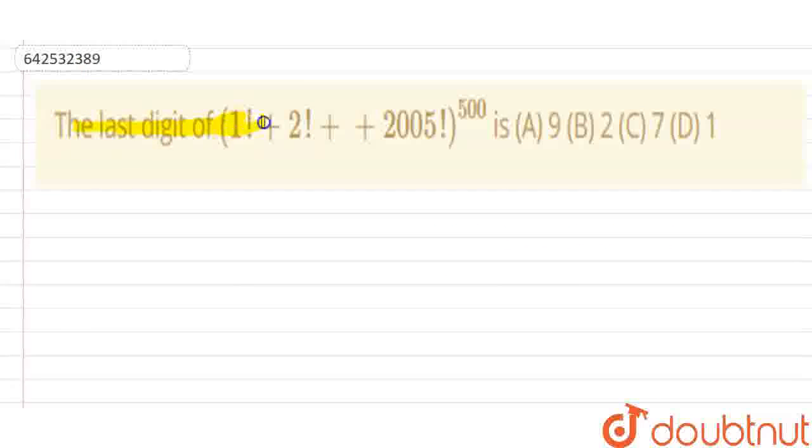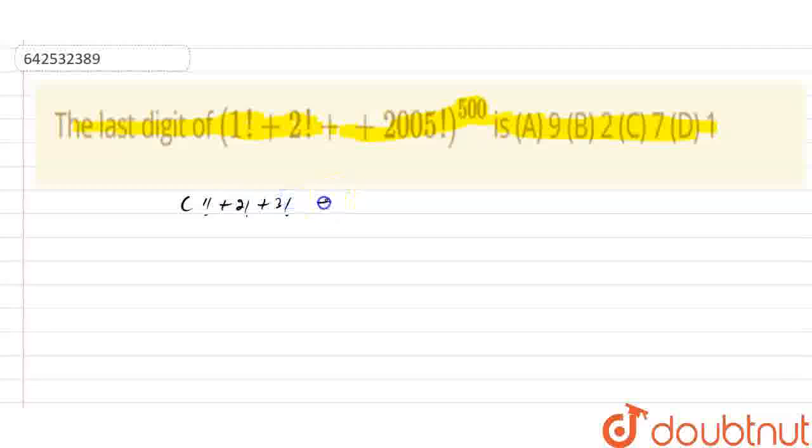The question is: the last digit of 1 factorial plus 2 factorial plus 3 factorial and so on up to 2005 factorial, raised to power 500, is? We have 4 options. We have to find out our correct option. So we have to find out the last digit of this expansion. So let's start. First of all, we can write our given expansion, that is 1 factorial plus 2 factorial